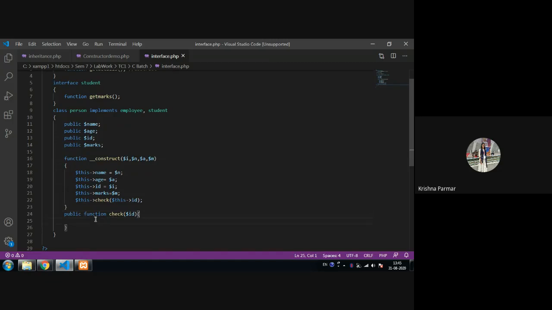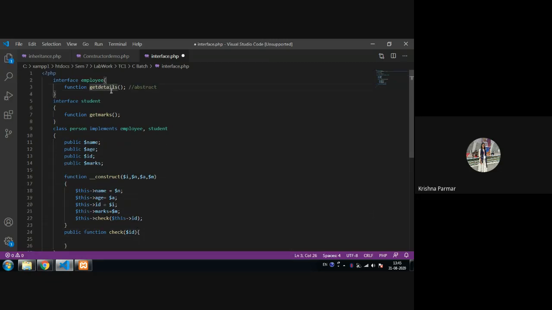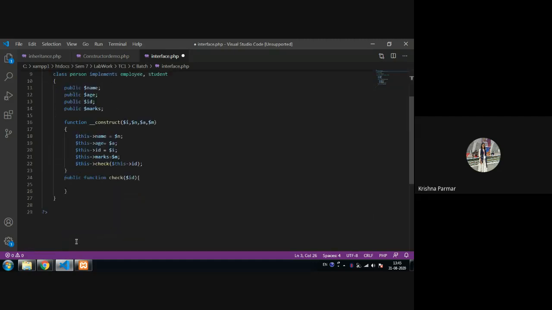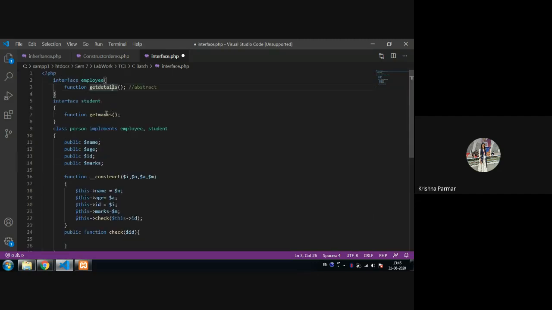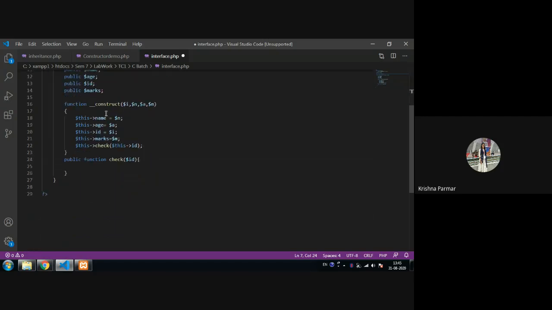In this function we check if ID is 1, then directly go to the getDetails part, and that method we have to implement here. If it is not 1, then it goes to getMarks, and that method also we have to implement here. Why? Because we are implementing an interface, so whatever abstract methods are there, we have to implement here.